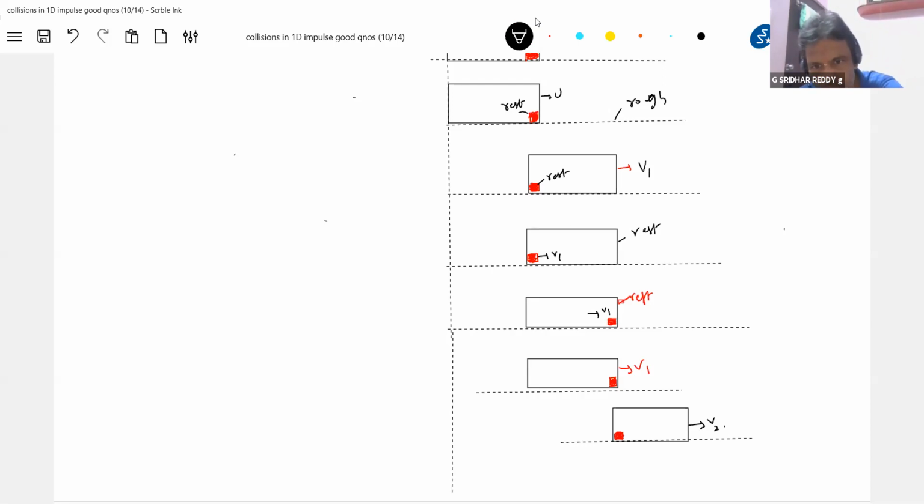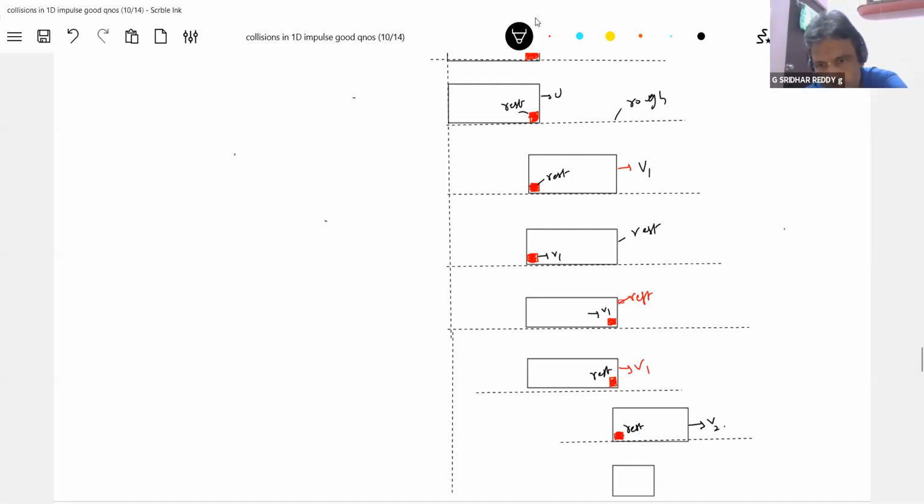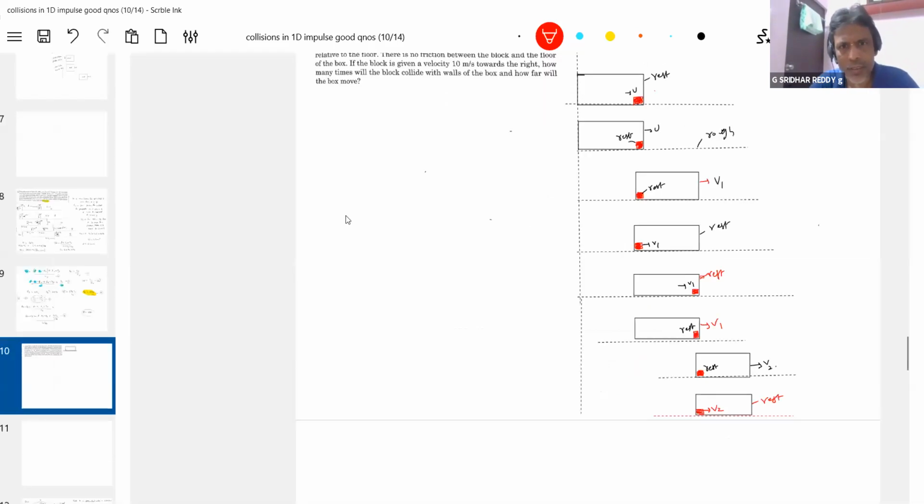So what is the state of it? This will be at rest. Now, very next moment, one more last. I think this is it. The velocity will be given to the block, and the sequence will continue. I don't have the patience to draw the diagram further. I think this is enough for us to get an idea of what's going on. Okay, let's come to the question now. So what is the question asked?